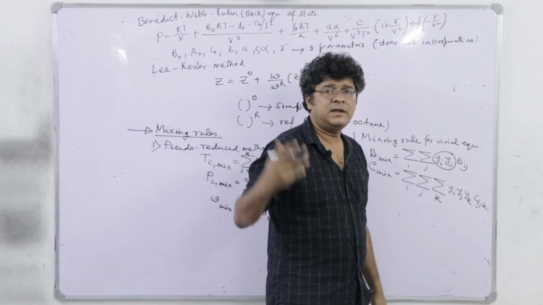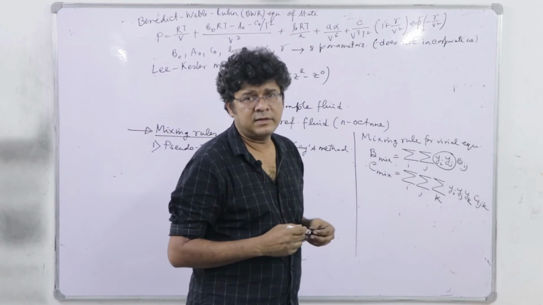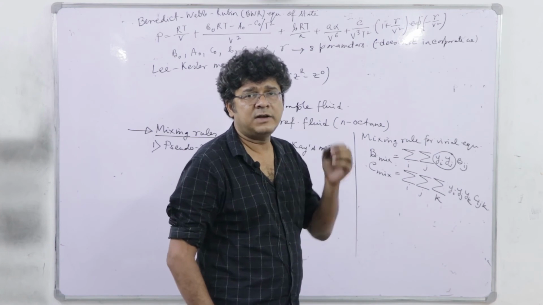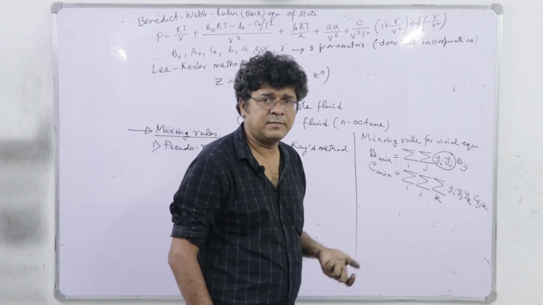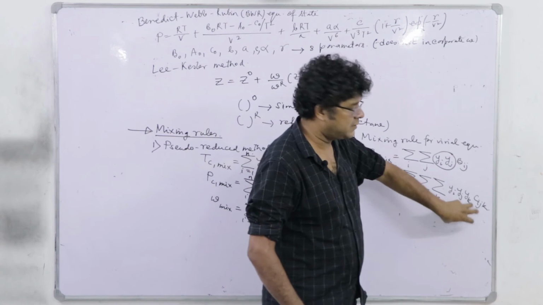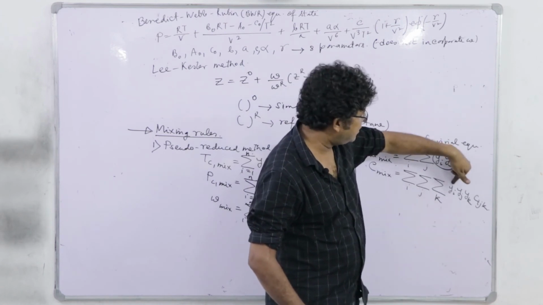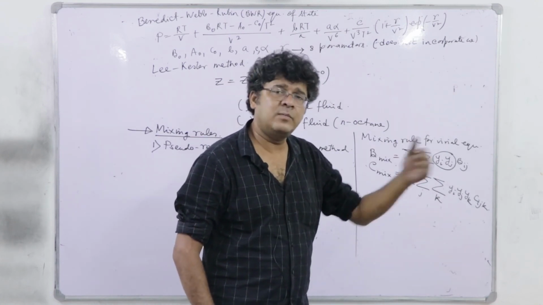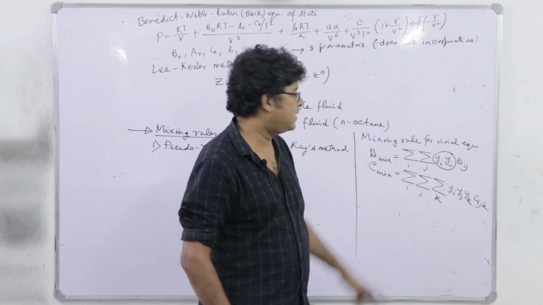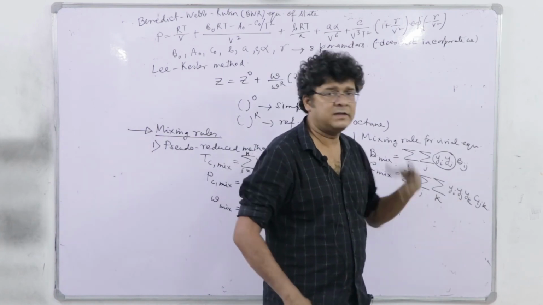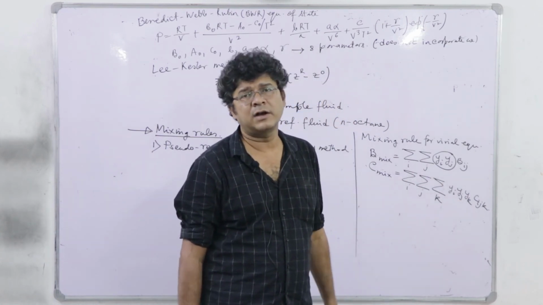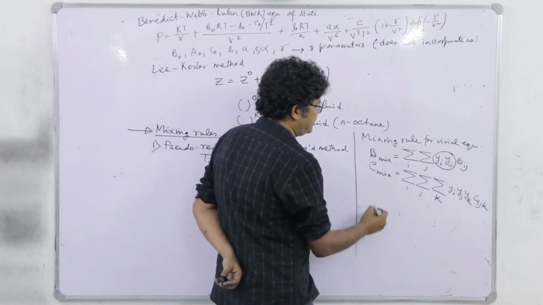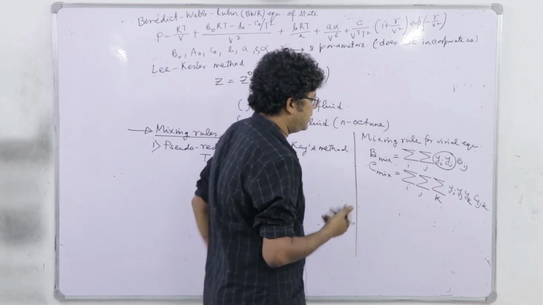So, we have to go for three individual mole fractions, and the mole fraction, you know, is proportional to the probability of getting this specific molecule at a specific point. So, 3 molecules are present simultaneously at some location, of 3 different or 3 same, or 1 same and 2 different, etc. Every possible combination is accounted for by this product yi yj yk. So, that is the mixing rule for virial coefficient, and Bij, you know, we have solved it.